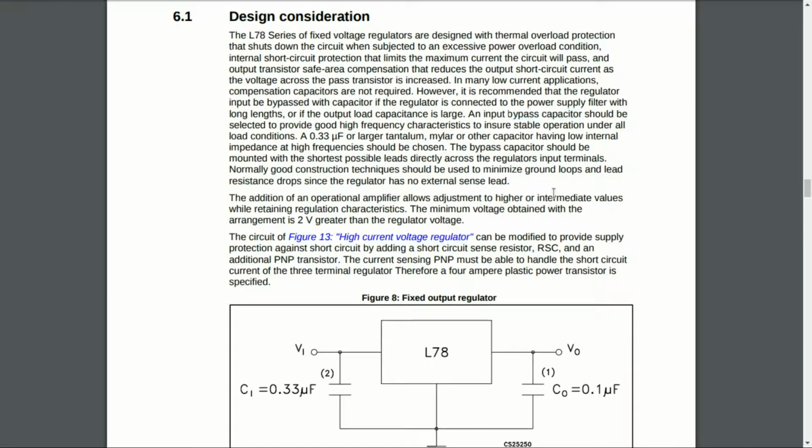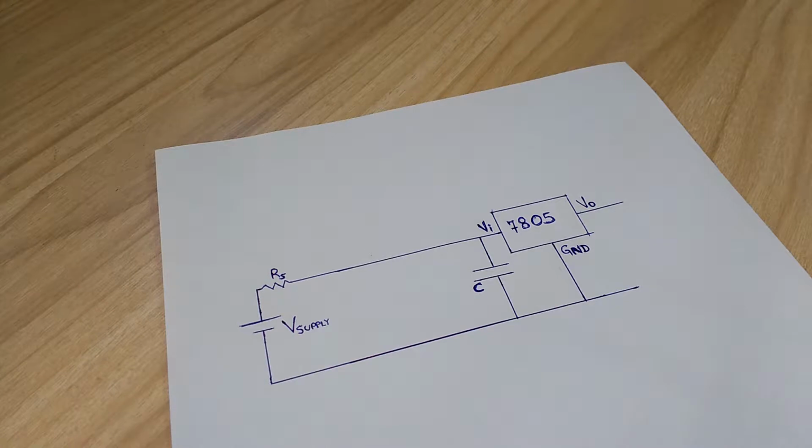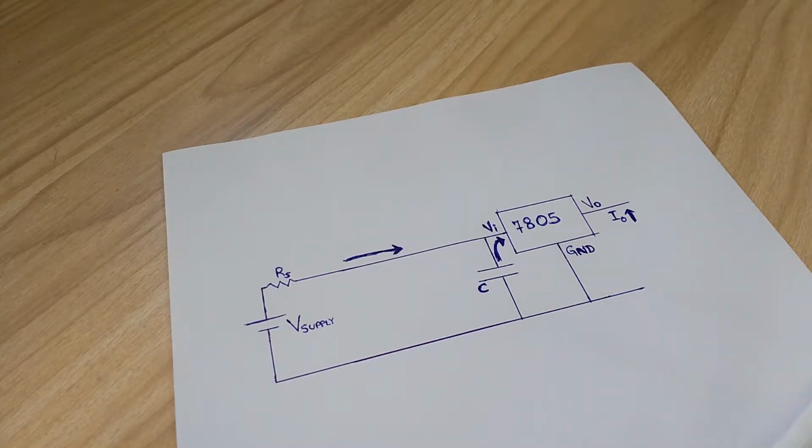They recommend it in cases where regulator is located at an appreciable distance from power supply filter or battery. This bypass capacitor is a small local reservoir of charge. It can momentarily supply stored charge to regulator in case of sudden increase in load current. Without bypass capacitor, increased current has to come from distant power source, which can result in voltage dip because of